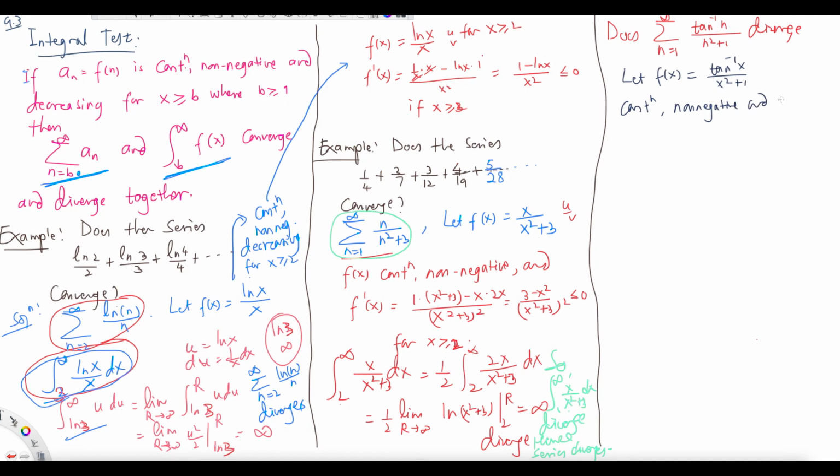and what is f prime of x? If you find out f prime of x, you will get basically 1 minus 2x tangent inverse x divided by x squared plus 1 squared, and this is less than or equal to 0 for x greater than or equal to 1. That's what you get, okay? Hence,